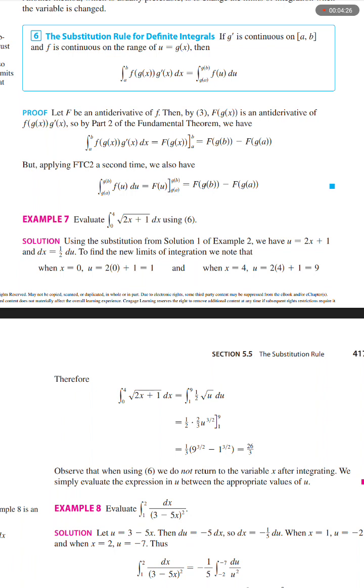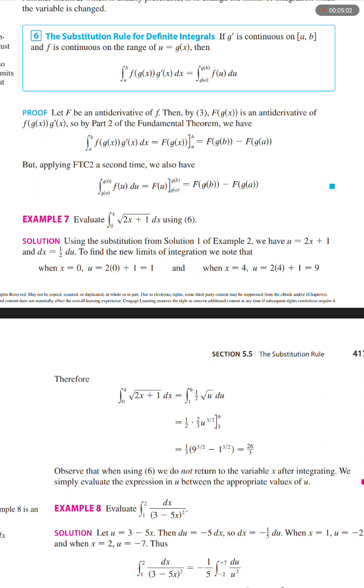Therefore, the integral from 0 to 4 of the square root of 2x plus 1 dx equals the integral from 1 to 9 of 1/2 times the square root of u du, equals 1/2 times 2 over 3 u to the power 3 over 2 on the interval from 1 to 9, equals 1/3 (9 to the power 3 over 2 minus 1 to the power 3 over 2) equals 20